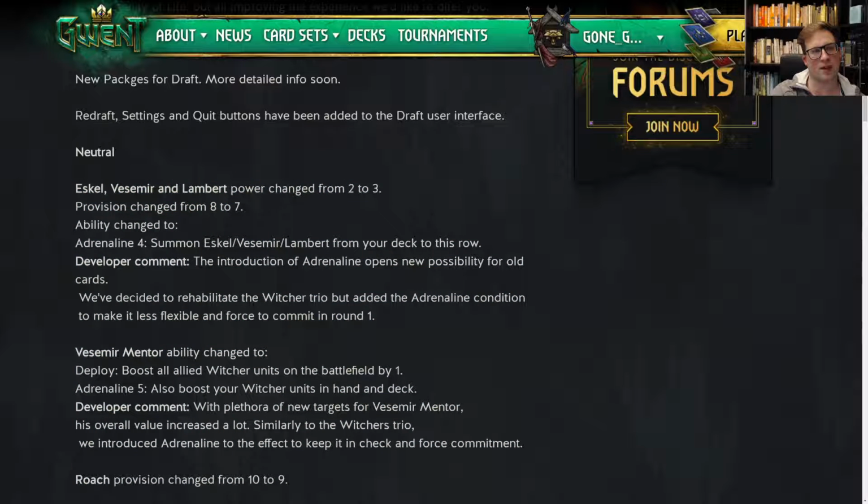Provision changed from 8 to 7. Ability changed to Adrenaline 4. Summon Eskel, Vesemir, Lambert from your deck to this row. Notably, you just have to protect them, and this will kick in automatically. So you can keep that in mind. I will also say